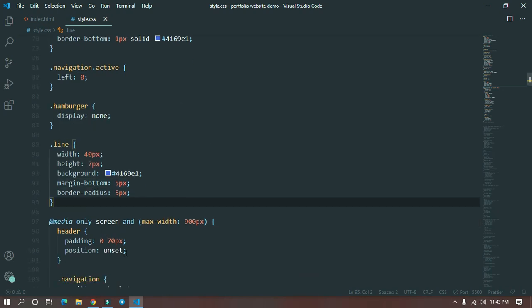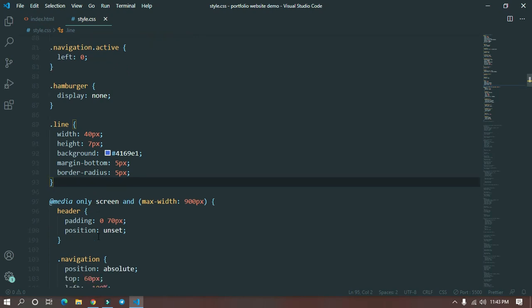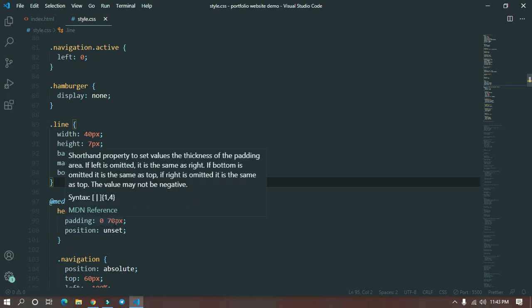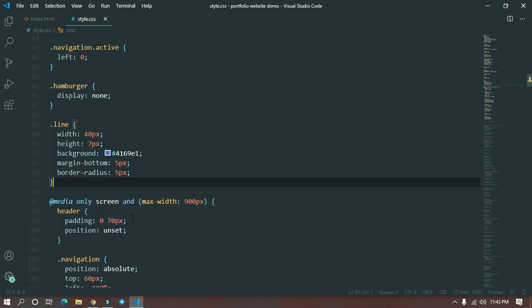Now we will explain the mobile code for the navbar and the header section. When the screen resizes to 900 pixels, so below 900 pixels, the header will have a padding of 0 from top to bottom and 70 pixels from left and right. We will change the position from fixed.